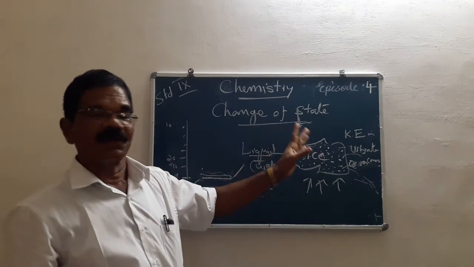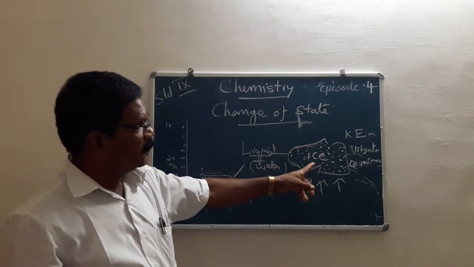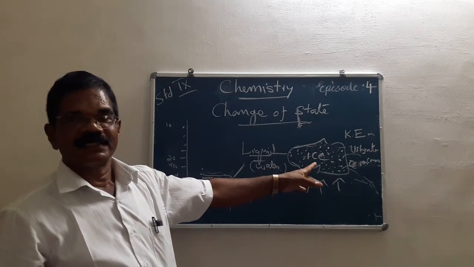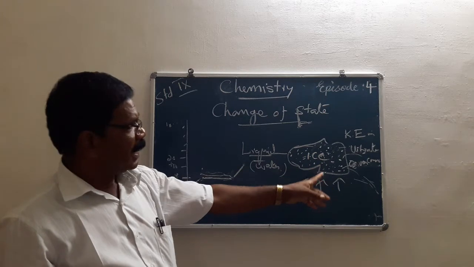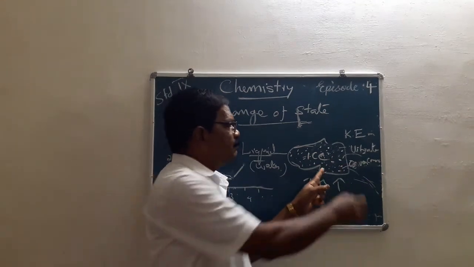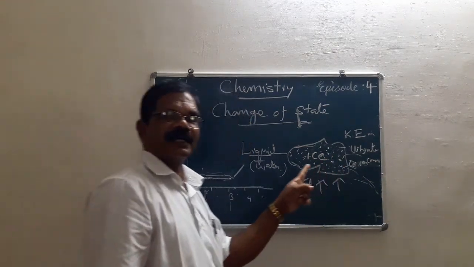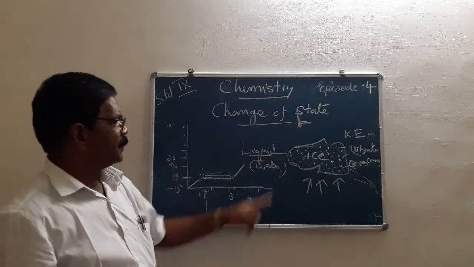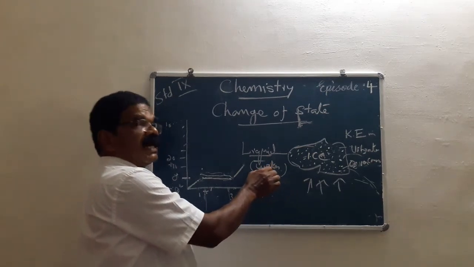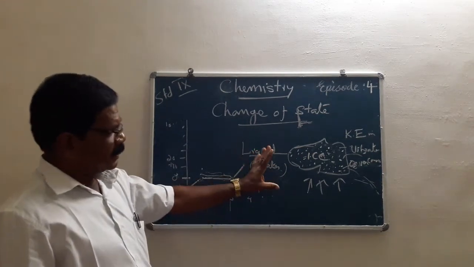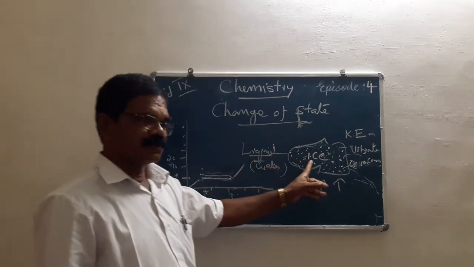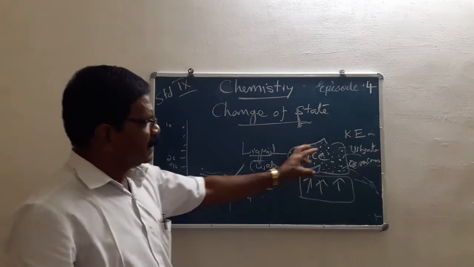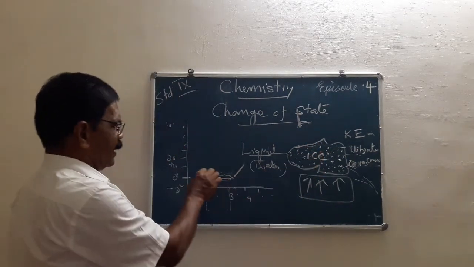Then the heating is continued, and what do the particles do? The energy exceeds the limit of the attraction, and each particle overcomes the force of attraction between each other, is thrown out and moves freely into a liquid form, namely here the water. These are the three important things you have to notice on heating. So this is what happens.